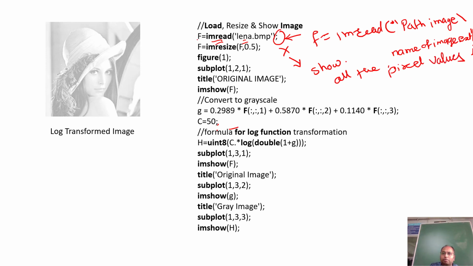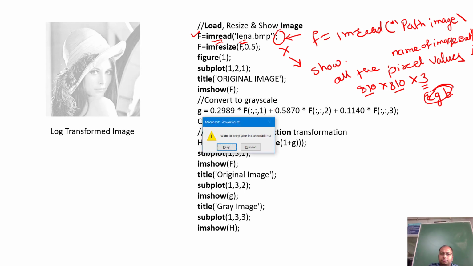Remember that whatever the size of that particular image, that many pixels will be displayed. Let us say this image is 810 multiplied by 810, and there are three colors, right? So right now I am reading a color image. It has 810 rows, 810 columns, and three color information, that is RGB. We will be discussing what RGB is and all these things. Okay, fine. So let us discuss that again over here.